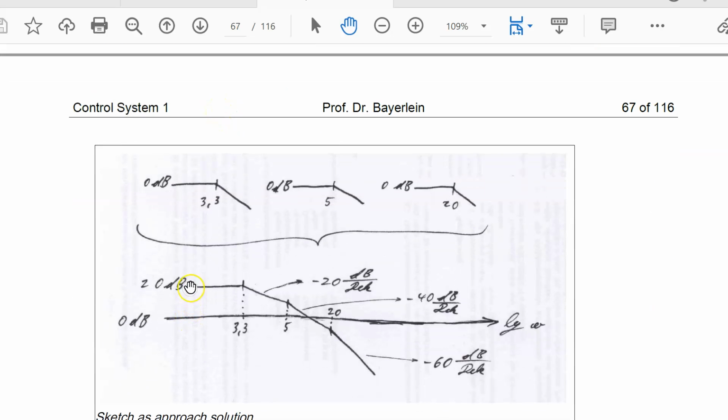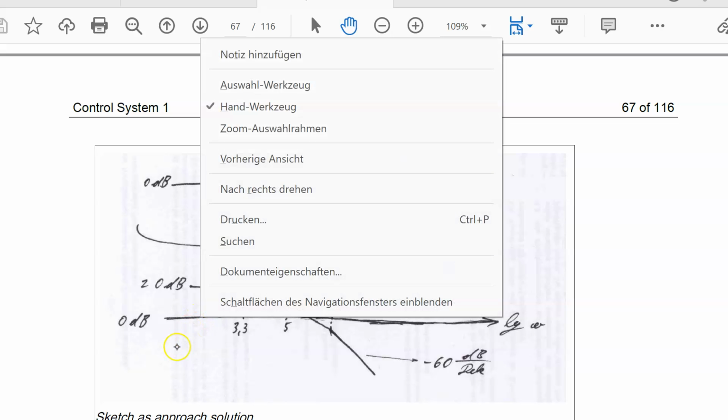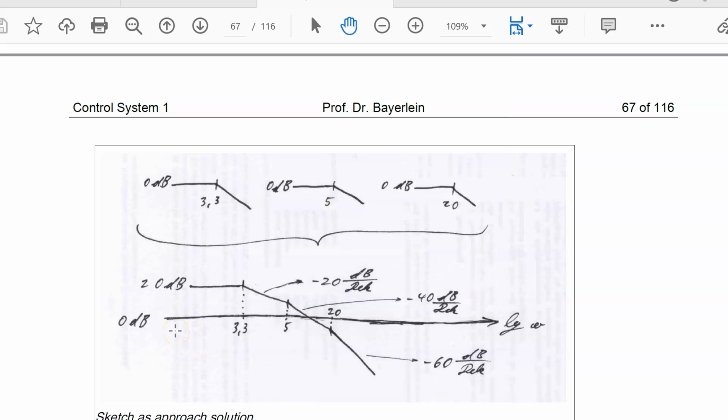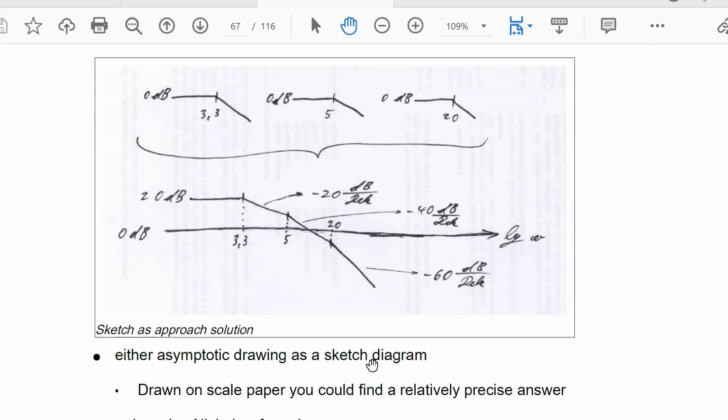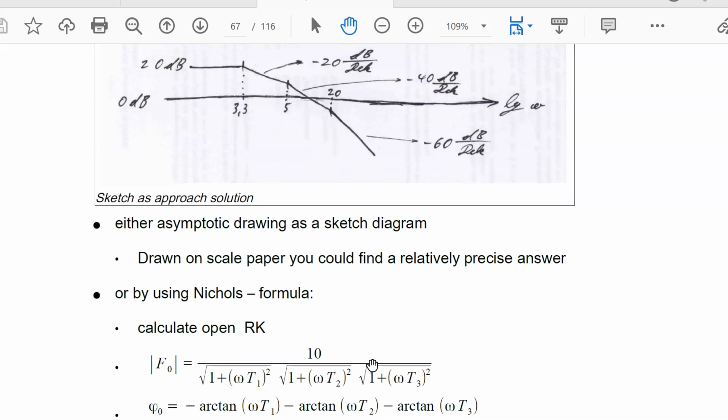So this distance here is 20 dB, so the 0 dB line is shifted 20 dB into the negative region. So this is the possible hand drawing with approximation curves, which gives a very good indication of the open loop magnitude